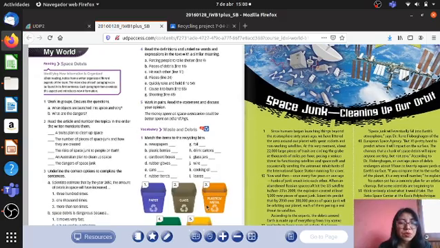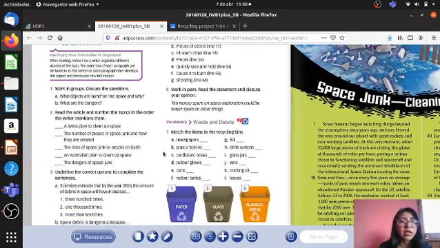We are going to start with the first exercise, okay? It says, work in groups. Discuss the question. What objects are launched into space and why? What is the meaning of launch? That is related to throw, okay? What kind of objects do you think are launched into space? And why? What is the reason to launch them? I'm going to give you some minutes in order to answer the question, okay?